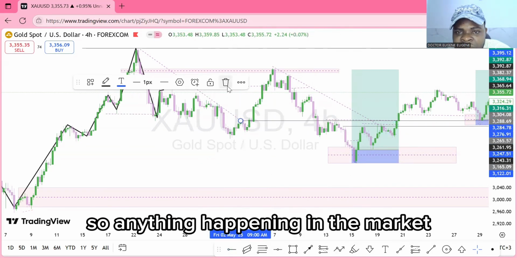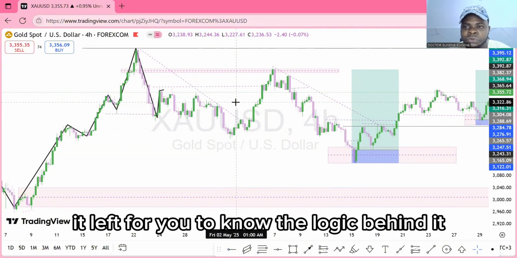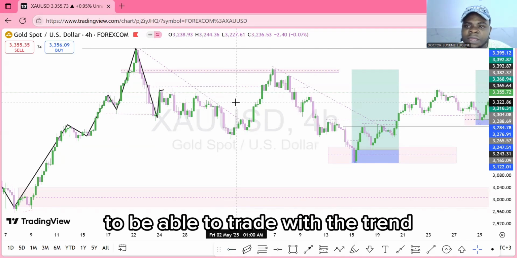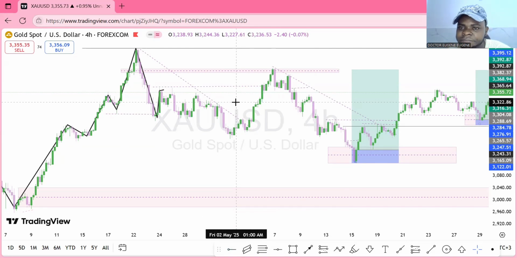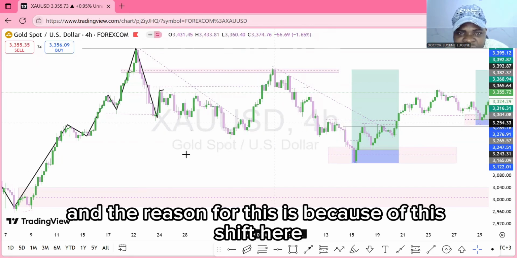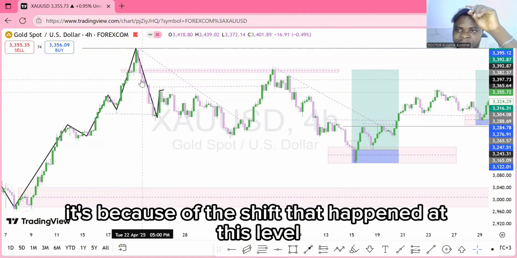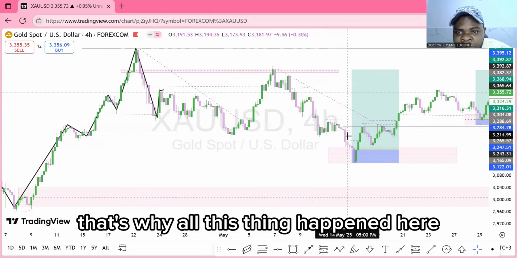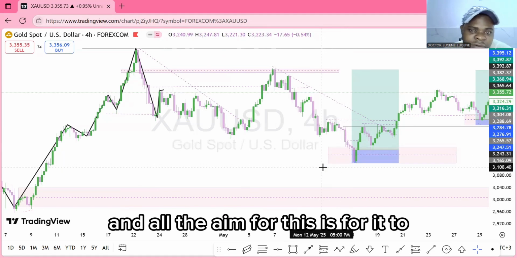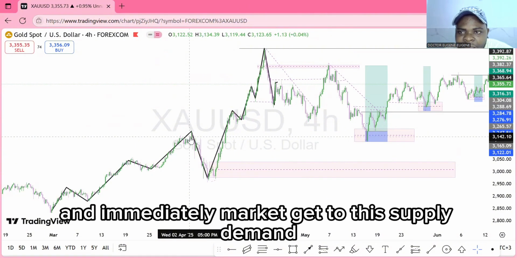So anything happening in the market, there is a reason, there is logic behind it. It is left for you to know the logic behind it, to be able to trade with the trend rather than against the trend. Okay, so now this is all that happened, and the reason for this is because of the shift that happened at this level. That's why all these things happen here, and all the aim for this is for it to be able to retest this supply demand here,